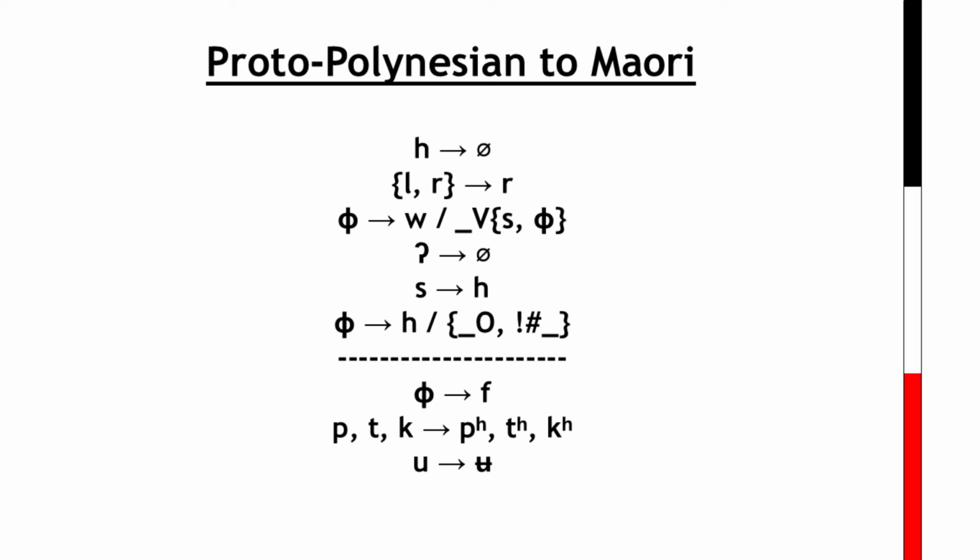Since Europeans arrived to settle New Zealand in the early 19th century, the language has gradually grown more similar to English, particularly over the last century. This has resulted in aspiration of stop consonants and certain vowel changes becoming more and more common, particularly among the modern Maori youth. I've put these changes beneath the line on screen, as they are still ongoing and not yet